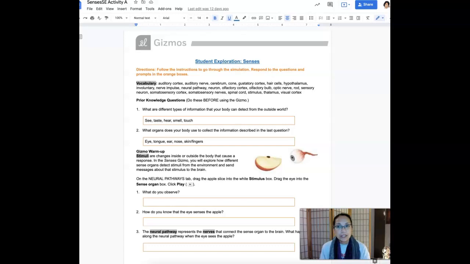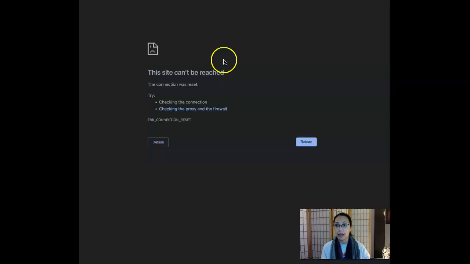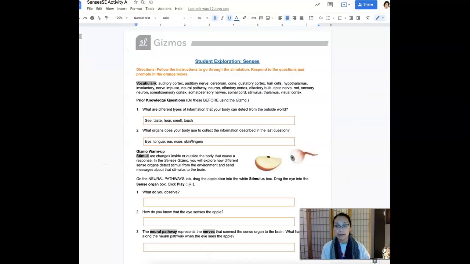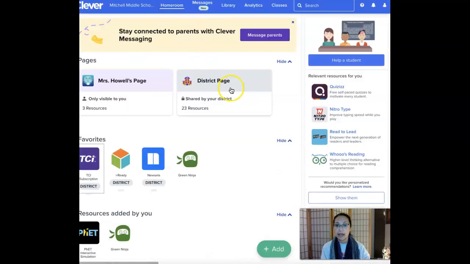This video is to help you complete the Gizmo Senses summative. So this Google Doc looks like this. You will need to open the Gizmo Senses. To open the Gizmo Senses, usually if you click on this, it would work. But if it doesn't work on your Chromebook, then I would suggest that you go to Clever and then